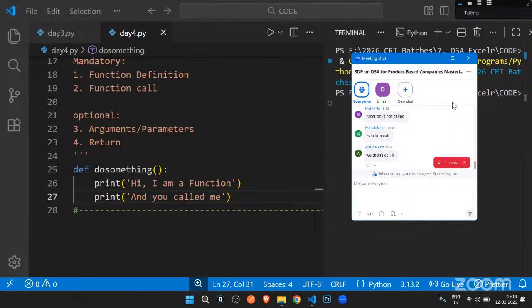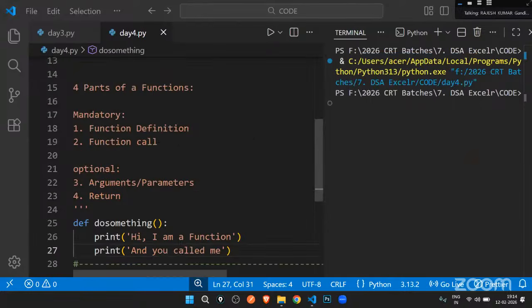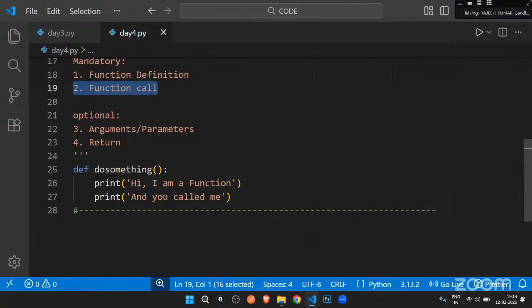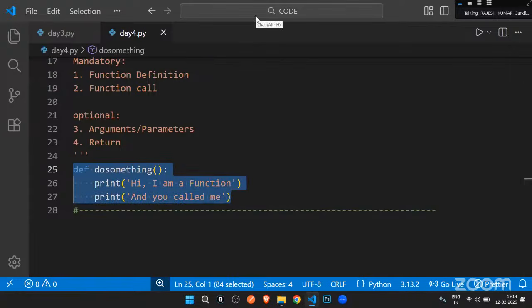Yes, you see, as I told you, mandatory parts. Function definition is one thing. Now coming to the second one, function call. Doesn't matter how many functions you have, how many lines of code you have. You can have thousands of functions, and thousands of lines inside of them. Until and unless you call a function, it will never be executed. Imagine, when you write a print statement, then only something will be executed. When you write input, then only it will wait for you to enter some input, right? So you are calling that function. You want that to be executed.